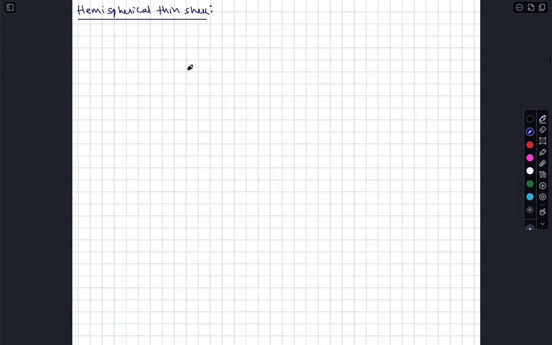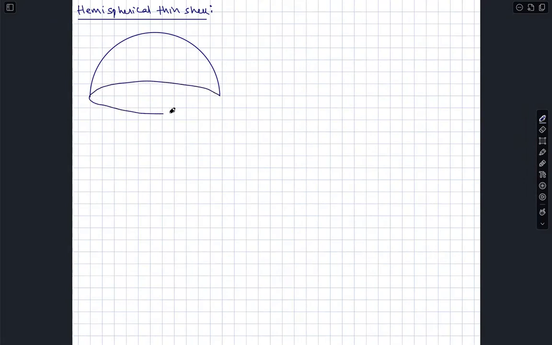In case of the hemispherical thin shell, what we will do is